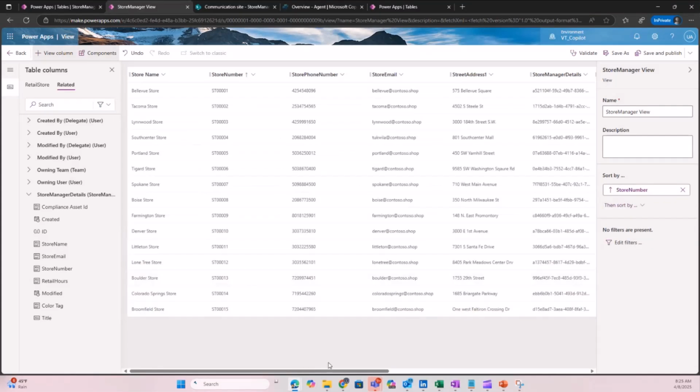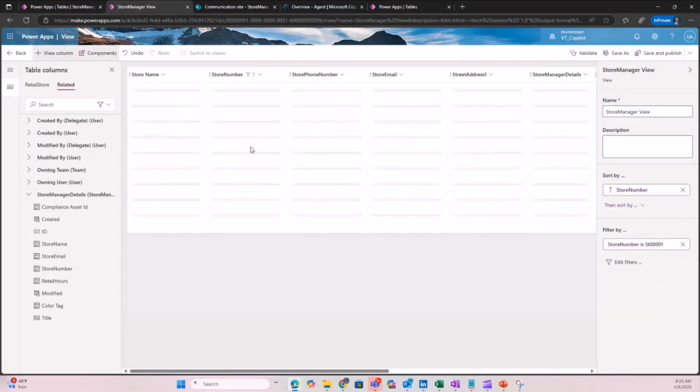This would sort those by store number. As you can see, it sorted the store number. Or if I want to filter it, I can apply a filter on the columns and say maybe I want to look at store ST001, and I apply it.